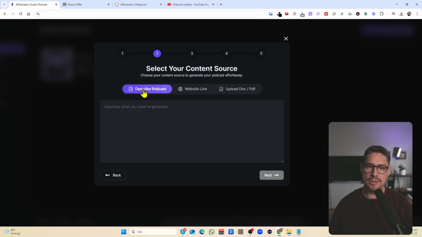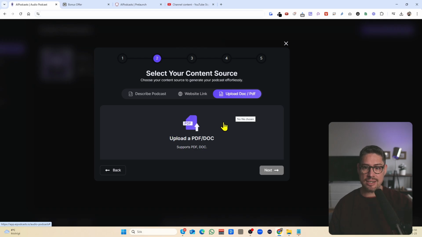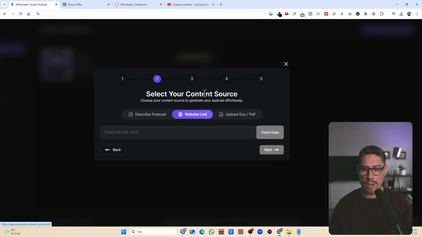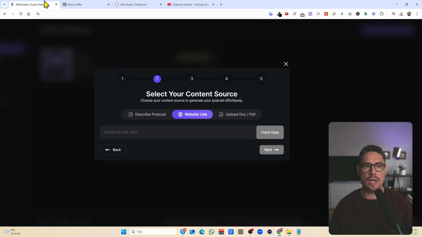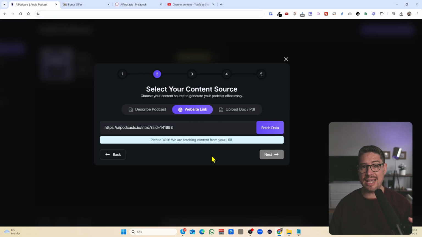And then here, you just add the details for that specific podcast. So you can type this in, you can use ChatGPT, paste that here. You can upload a document, a PDF here, or you can add a website link. So let's say we're gonna do this here. I copy this link, I paste this here, and essentially it's gonna fetch that data from that link, and it's gonna create a kind of a script for this, right?